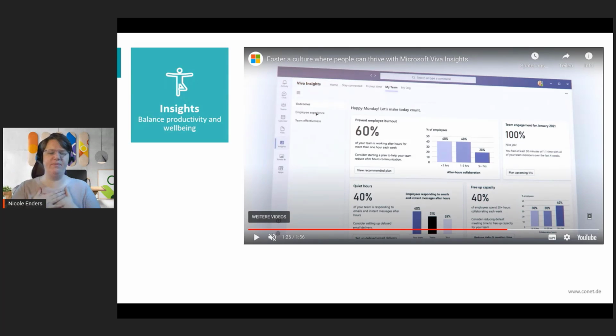So for me, I'm working as a consultant, so I would look at my personal situation, and we saw the emotional check-in, we saw the meditation section, and so on.